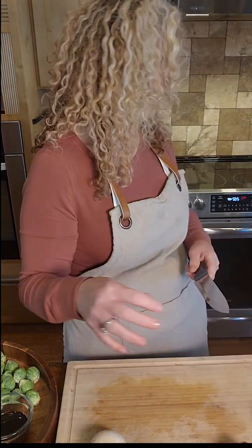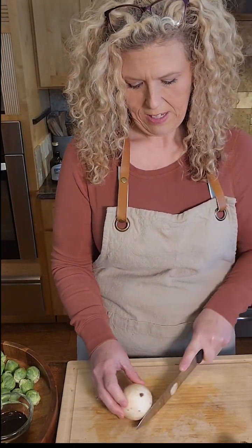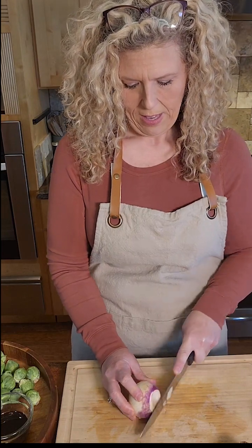And I've got the oven preheating at 400 degrees. It looks like it's ready to go. I started it before I started the video. But